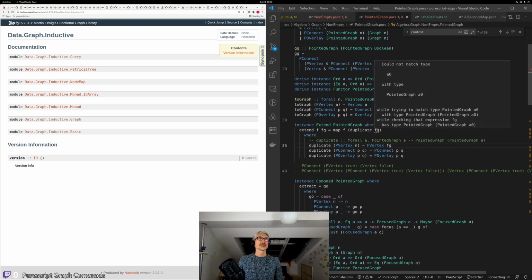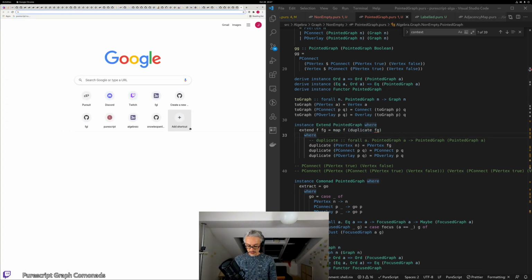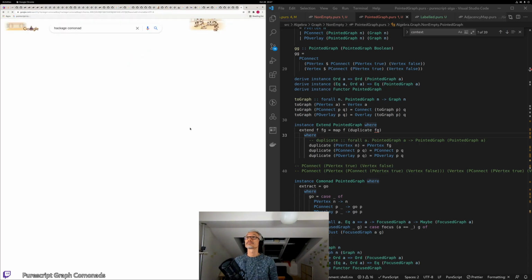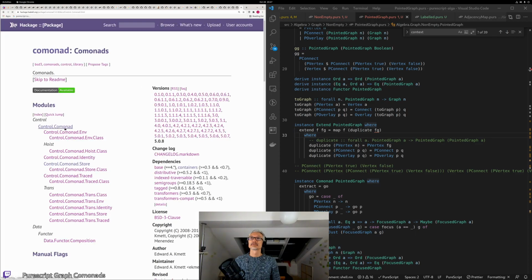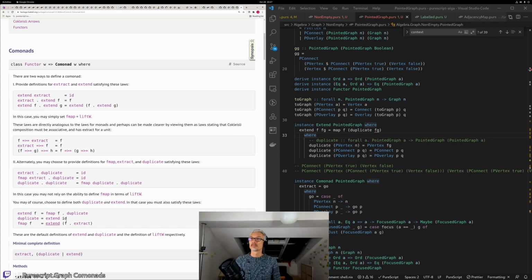And then I need to make sure that this extend is correct. And to do that, I think I need to go into package Comonad and just check what my law is supposed to be. Extend f is fmap f duplicate. So yeah, fmap